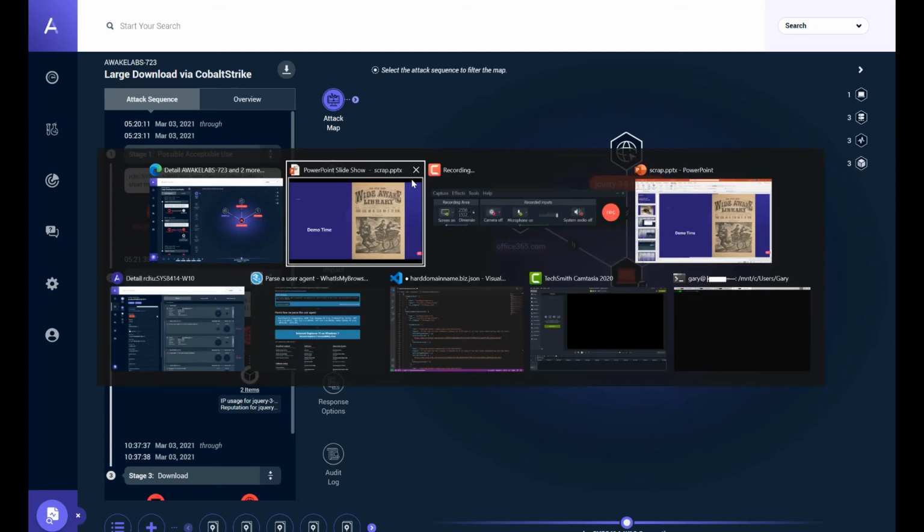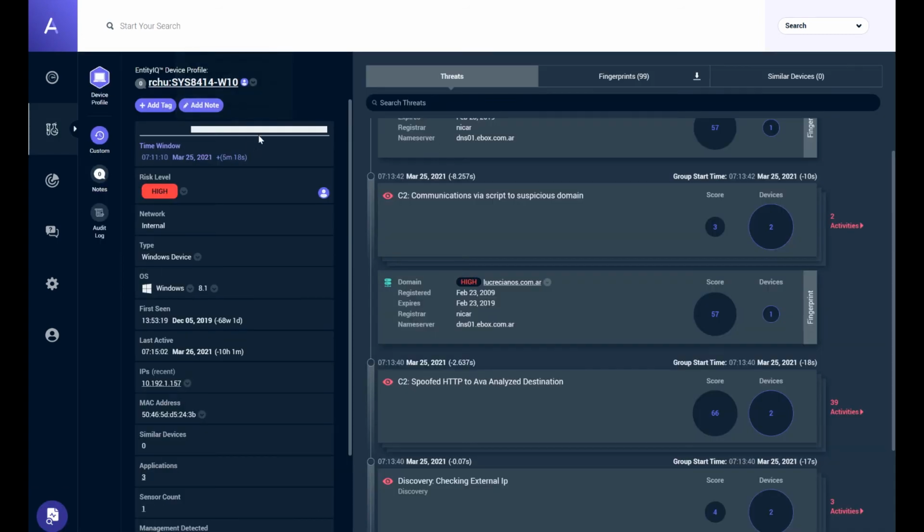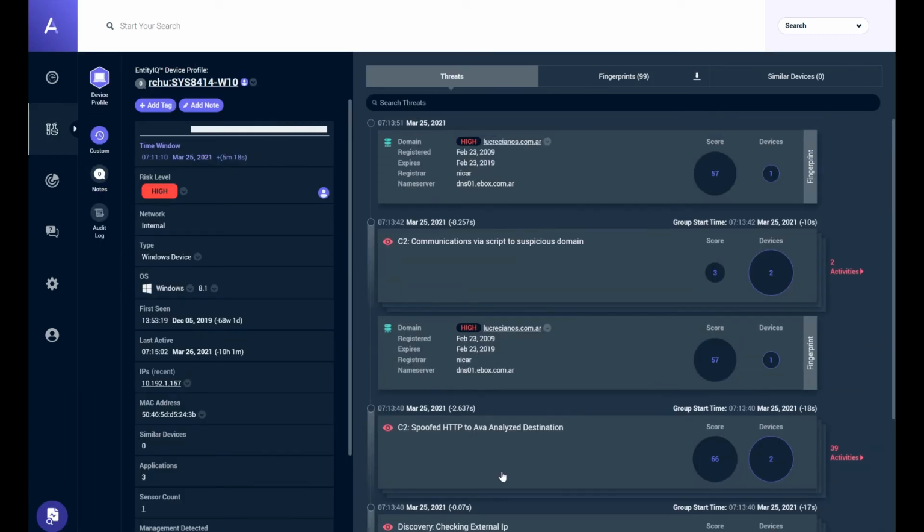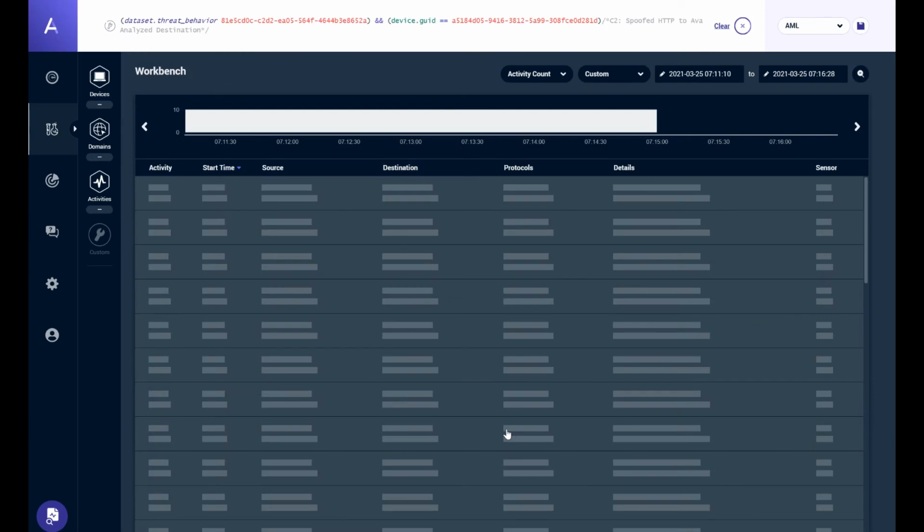So let's pivot over here and go a little deeper into the system. This was the system that we were looking at a moment ago. We were looking at the system details page, or what we call Entity IQ, device profile. And this is an aggregation of the analysis of this device over the past 68 weeks since it was first seen. We see this particular device has only had one IP address, so very easy to track. But we have some models that have triggered more recently, and we can pivot down into these and ultimately get into the traffic.